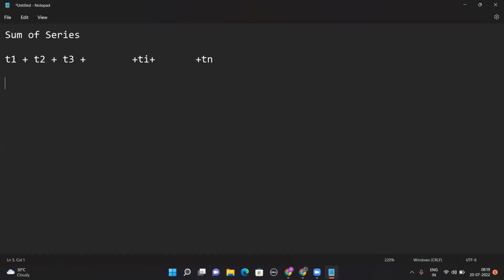The generic solution is, initially we assume that sum equal to 0, and then for i equal to 1, i less than or equal to n, i is equal to i plus 1, we find out the sum adding one term at a time. Sum is equal to sum plus ith term. Okay. Now, let us apply this generic formula